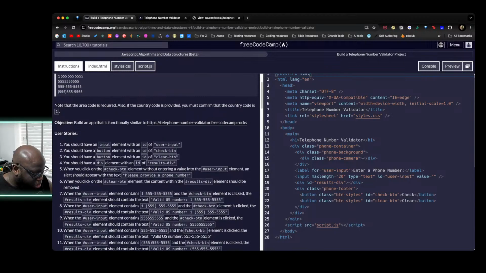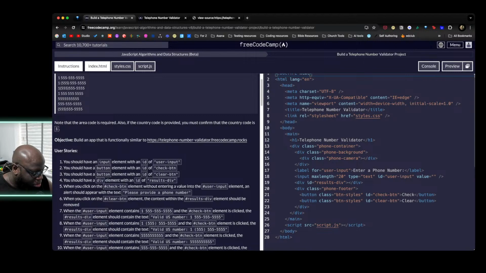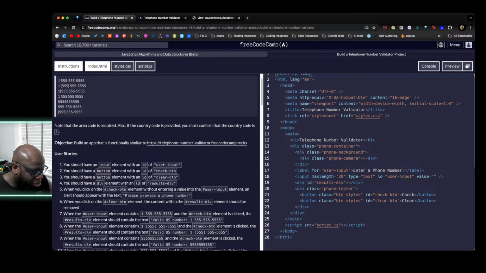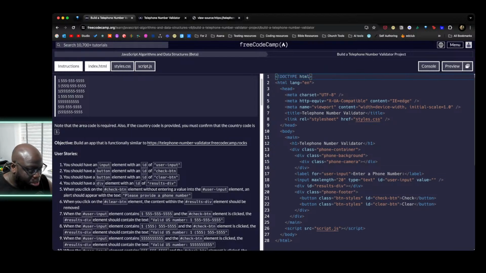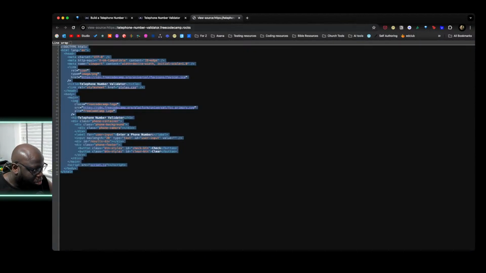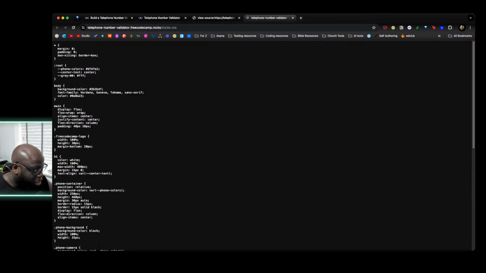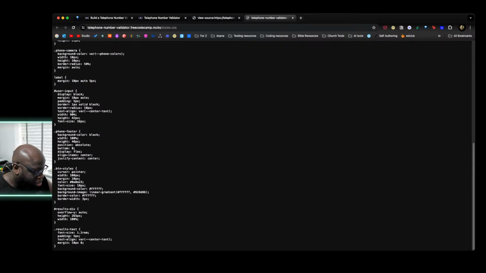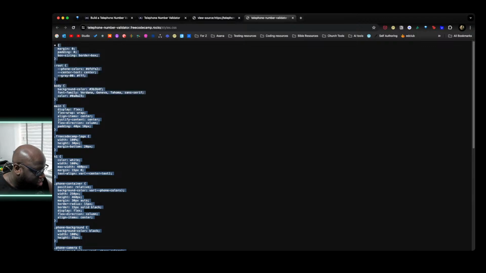So this bit actually I would have got to on my own really, because creating the input and the buttons, that's fine. I understand I need to add a class. Okay, that's cool. So then going back here, I can view the page source. I can also see the CSS. So this CSS is what will give, I think,